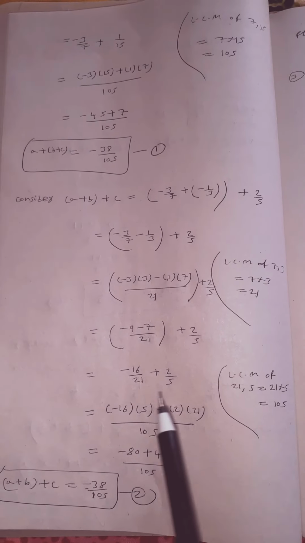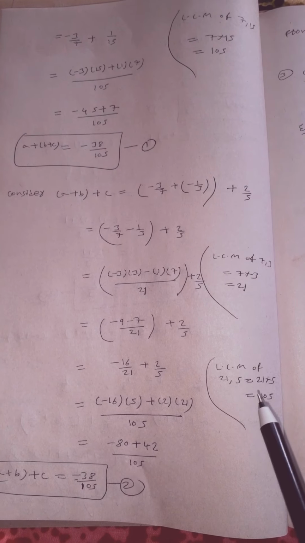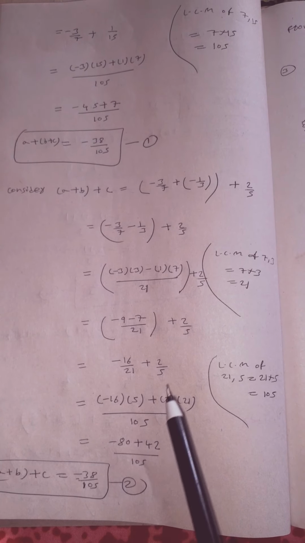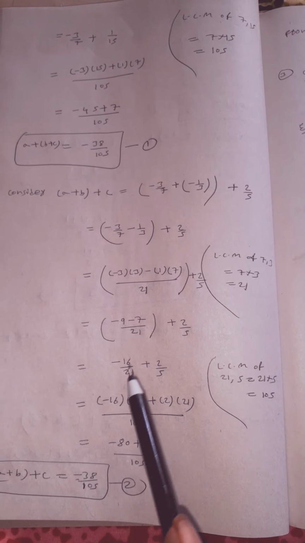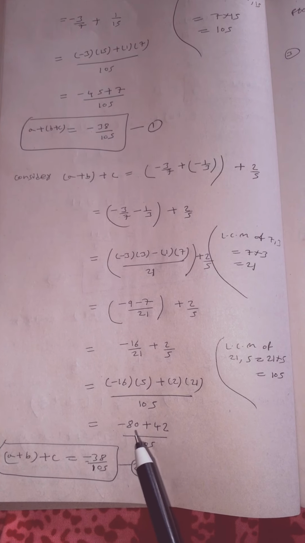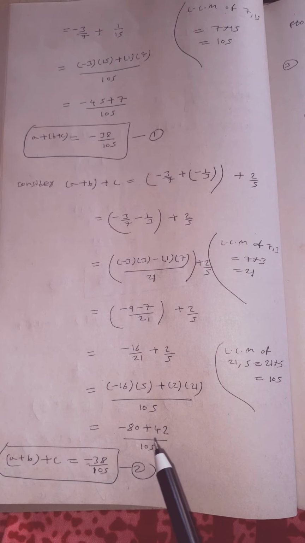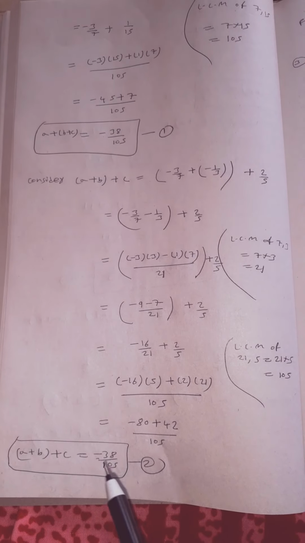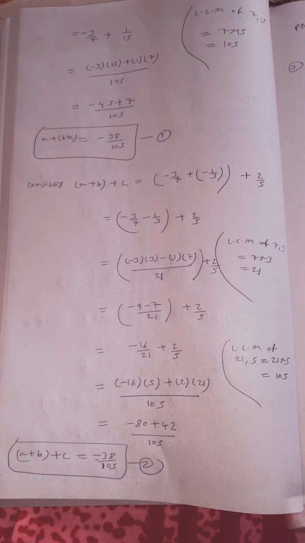So here LCM of 21 comma 5 is, both not goes in same table, children. So directly do multiplication. 21 into 5 is 105. So write minus 16 as it is, multiply this 5 here, plus write this 2 as it is, multiply this 21 here by 105. So minus 16 5 the 16 5 the 80. So here minus sign is there, write minus, plus 2 into 21, 21 to the how much? 42 by 105. So here big number is having negative sign, children. Write negative sign as it is. So 80 minus 42 is 38 by 105, means minus 38 by 105.